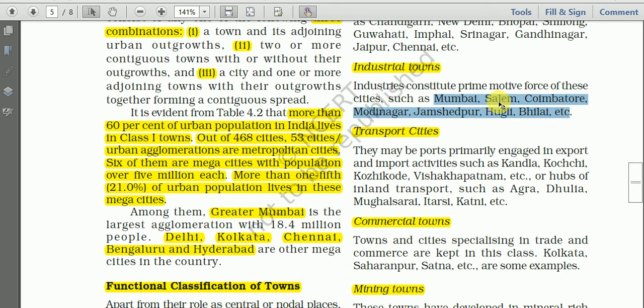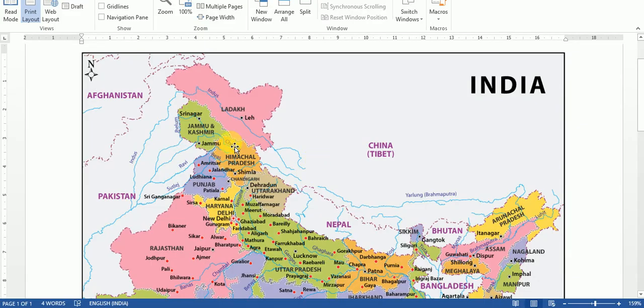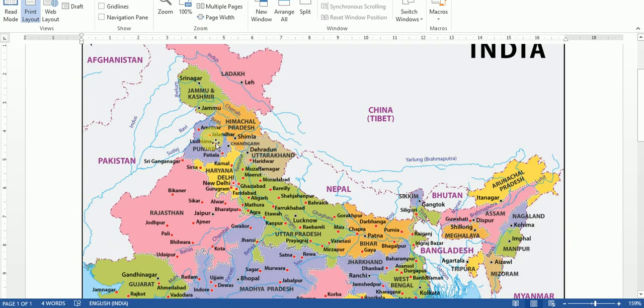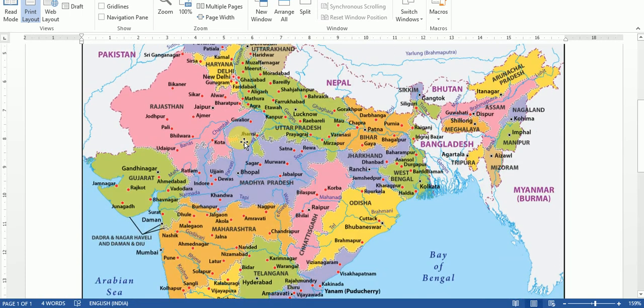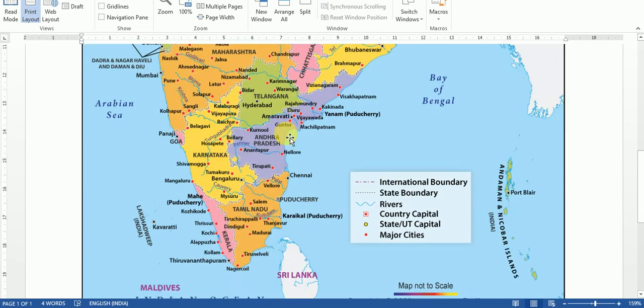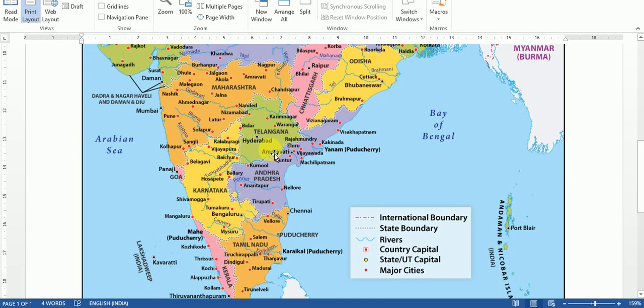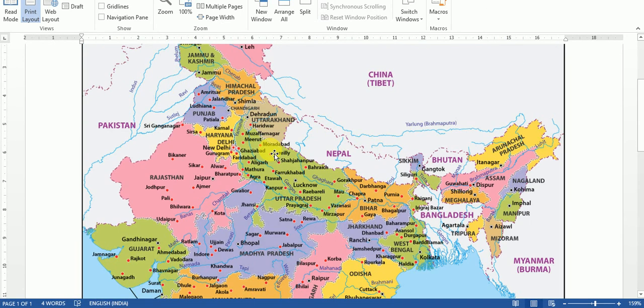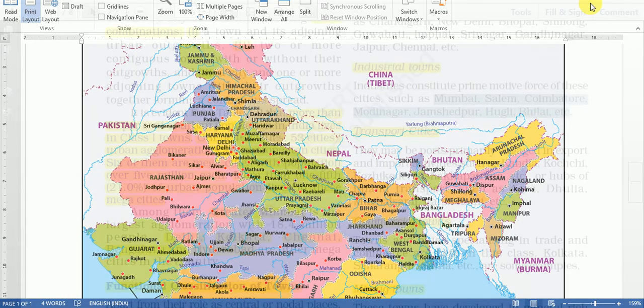Okay, see this about the location of the important towns and cities. Use an atlas and try to locate. And here one map is also given, and you may find the location of some towns in India. After the class I will send this map in the WhatsApp group also. Important cities, major cities of India are located here. Most of the towns and cities you may find in this map.